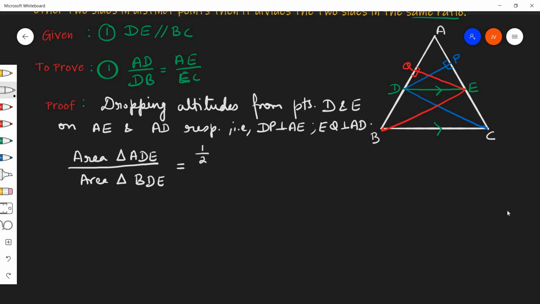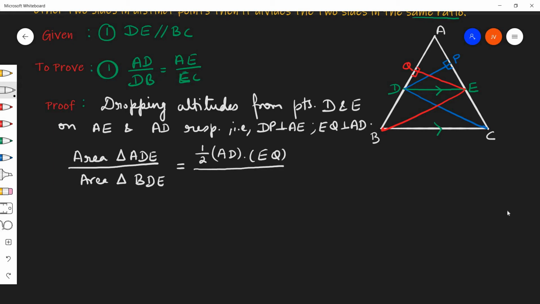For triangle ADE, because the denominator is BDE, consider the left side of triangle ABC as a base. So for triangle ADE, the area can be taken as half of base, where the base is AD, and on this base the altitude that falls is EQ, so half of base into height,